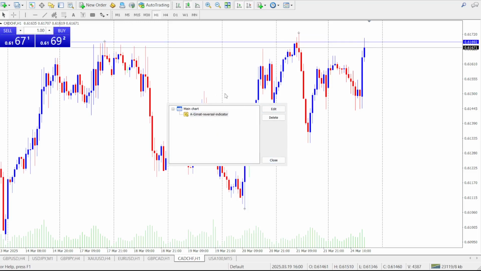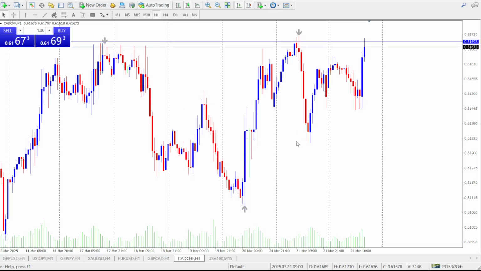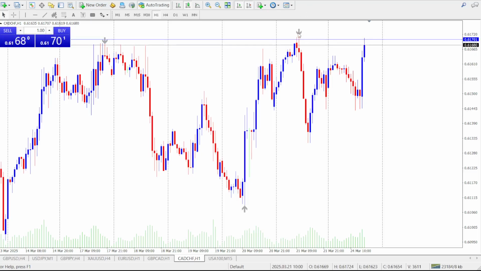Let's see if we can increase the thickness of this. All right, I increased the thickness of the arrows. So now, once an up arrow appears, it signals the beginning of a bullish trend. And when a down arrow shows up, it's time to sell and catch the bearish trend. Now let us break down exactly how the A-Gimat reversal indicator works